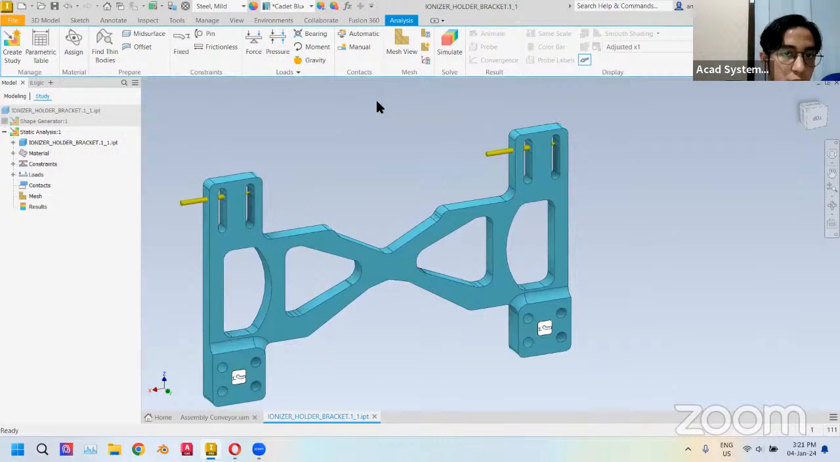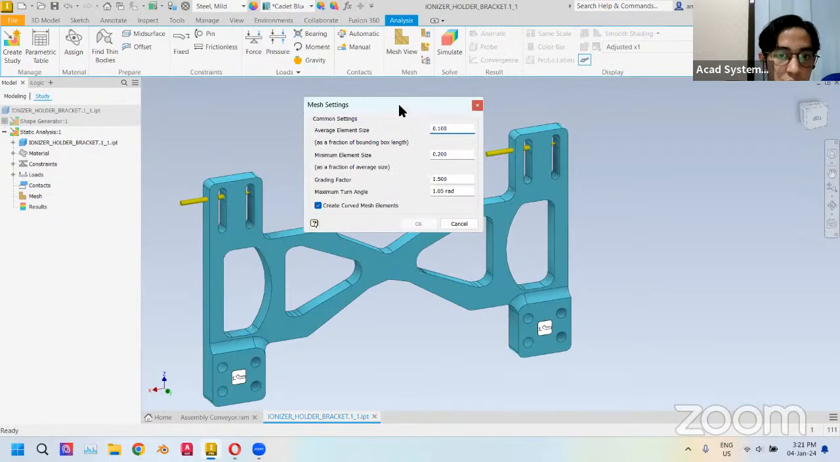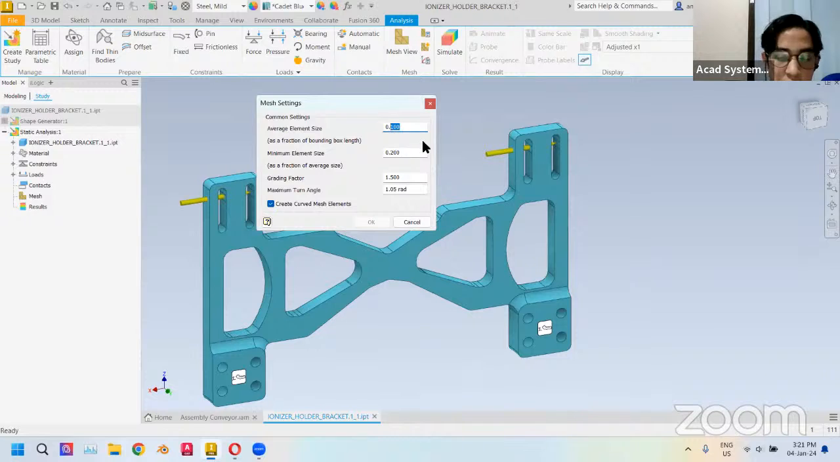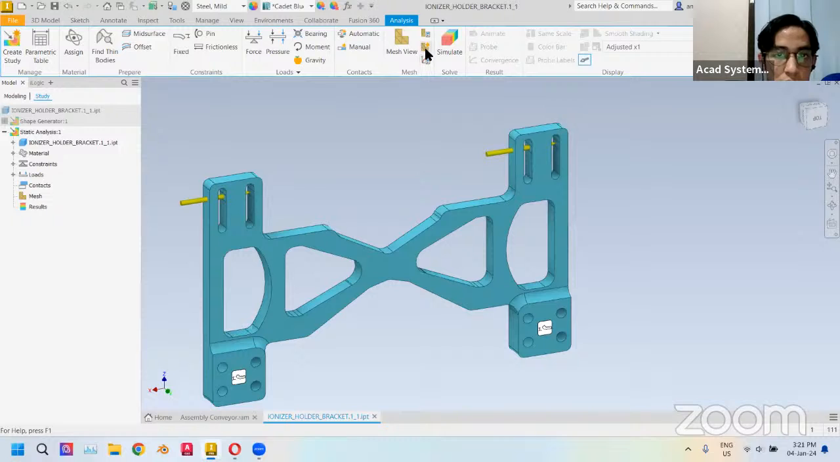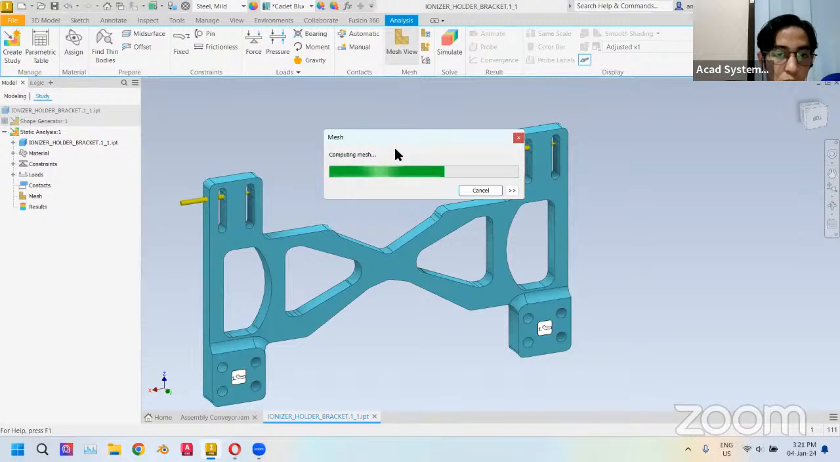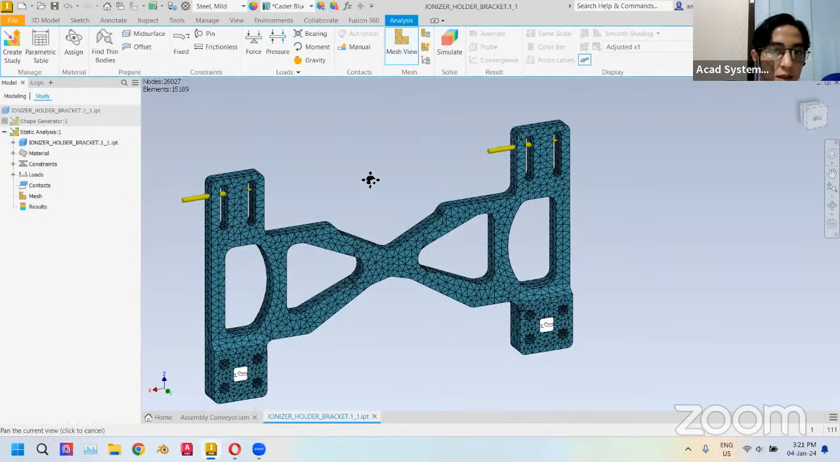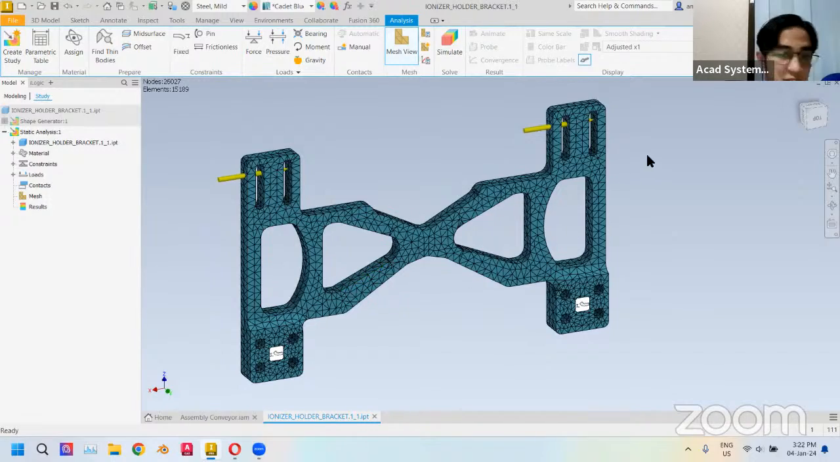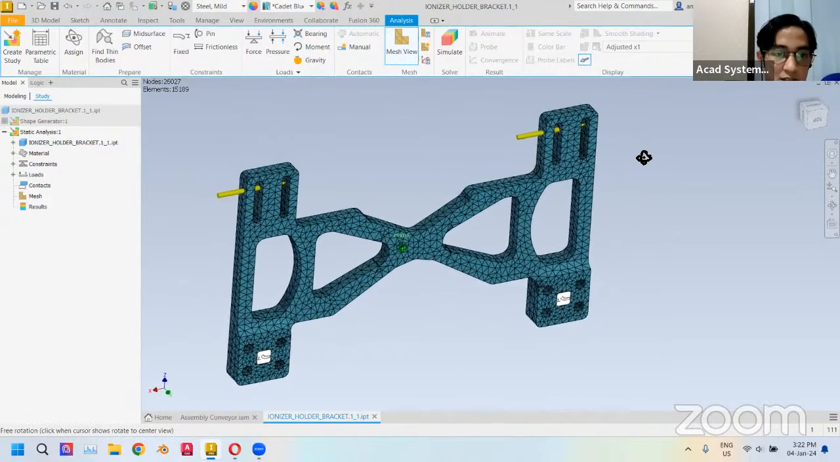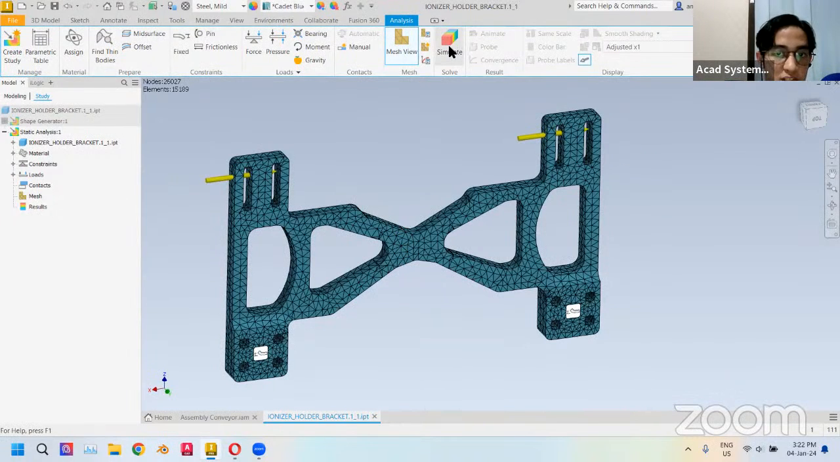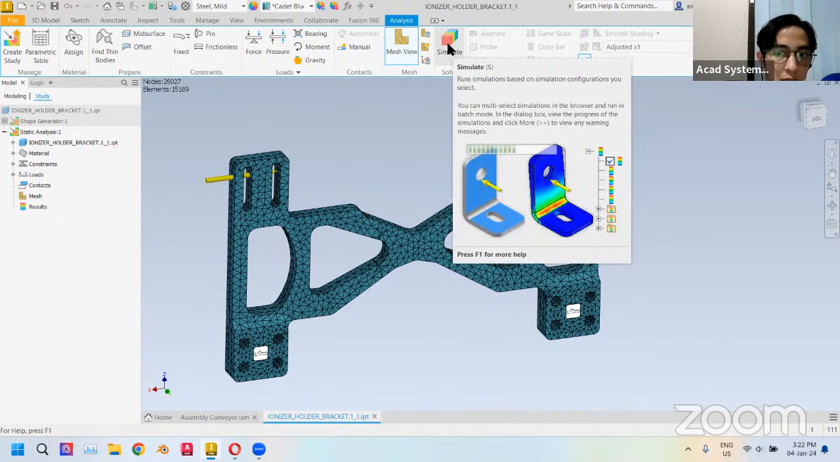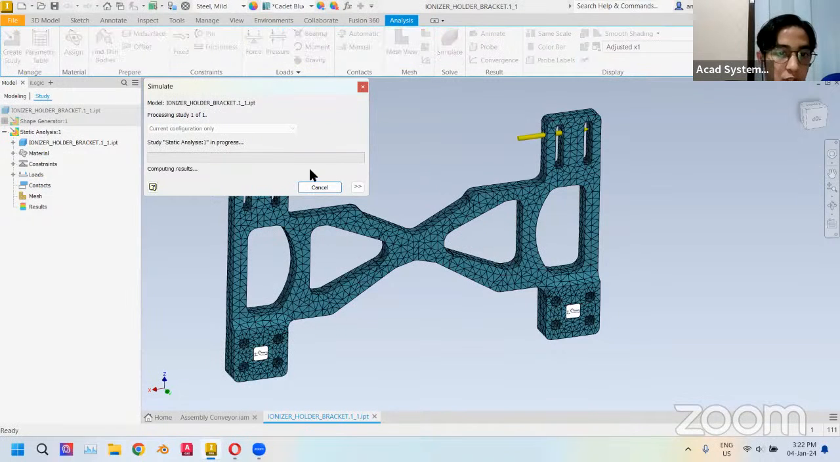And then for this one, it doesn't have preserved regions. We have this mesh view. I might want to open mesh settings first. Average element size is 0.02. Click OK. And then click on mesh view. It will generate the mesh for us, and basically our settings for stress analysis are complete, and now we want to click on simulate to see the stress point. Okay, click on run study,